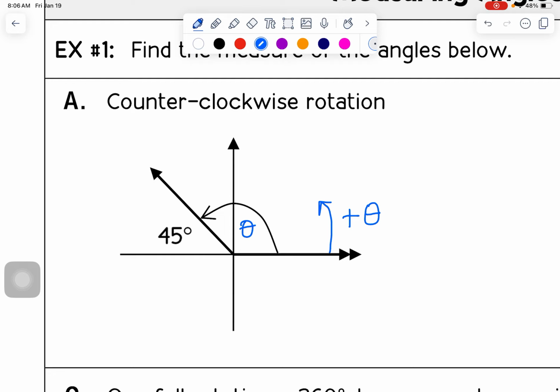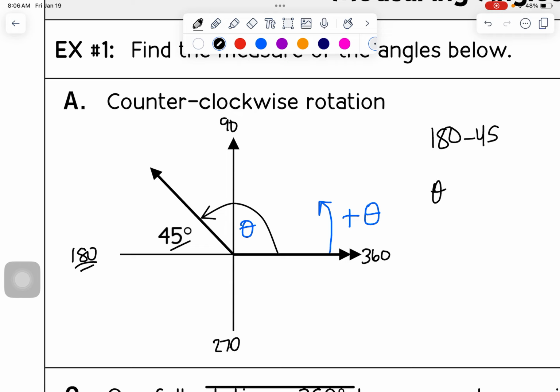We're going to use some ideas about what we know about circles to determine that. In other words, we know that this is 90 degrees. We know that this is 180 degrees. This is all geometry facts. We know that this is 270, and we know that this is 360. Because this terminal side is in the second quadrant, we're going to use 180 as our reference. We're going to subtract away that 45-degree mark that they told us about. So if we have 180 minus 45, that tells us that our angle theta is